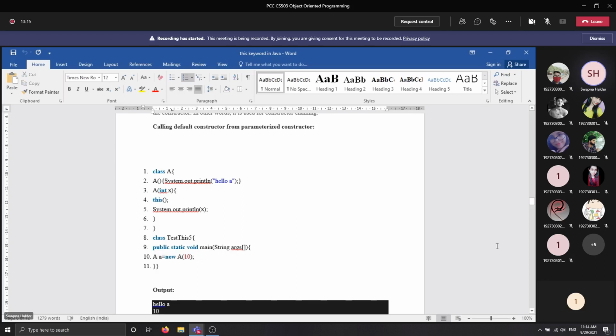Okay, so go for the example in your virtual lab session. Let me share this editor first.